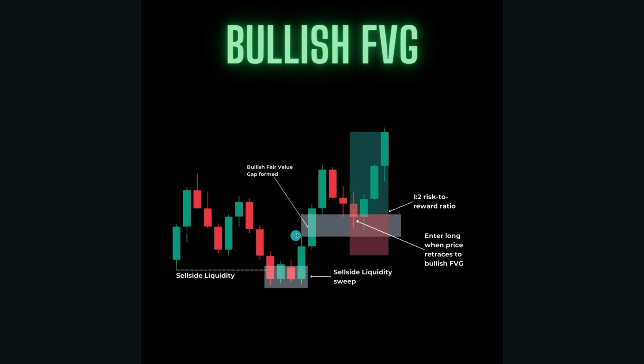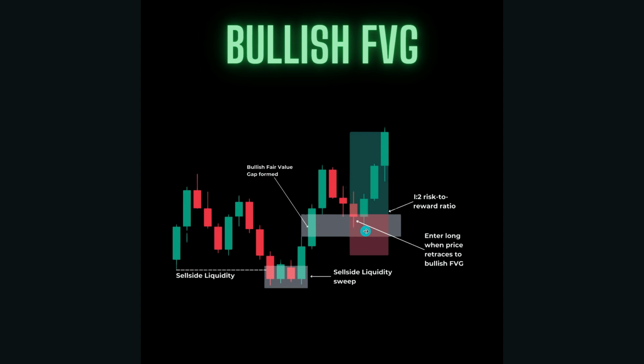And in the middle of these wicks, you've got a wick here, and then you also got a wick right here. In the middle of these, if you draw a little box like this shows, it's called the fair value gap, and that's an imbalance in price action. So usually what happens is the price will take off past this and create the fair value gap, and then the price will retrace back into this fair value gap.